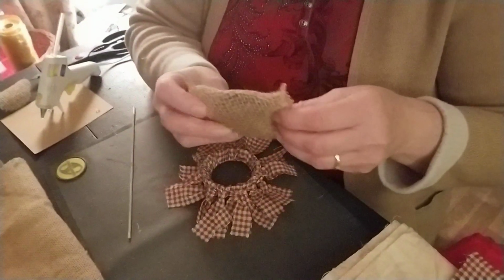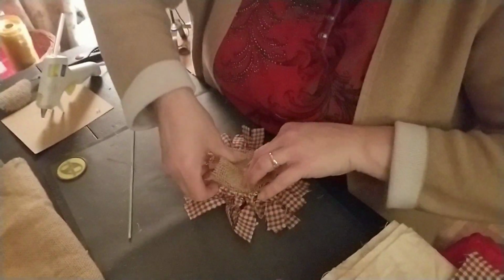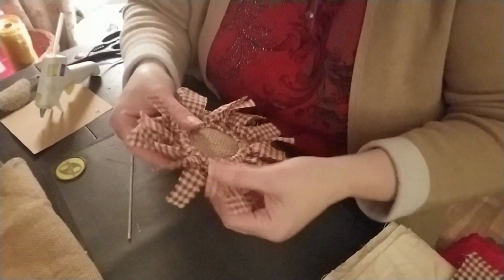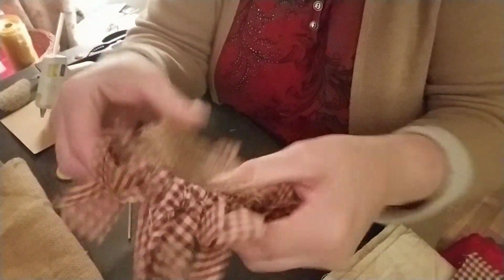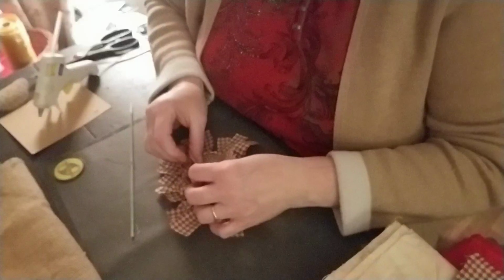And so then I take my center and I push one end down in. And now I'm going to have to really work and push hard, and you'll hear it pop. That's just the metal part going in. And see, this is what I end up with. You can see that it's nice and snug. I pushed it hard down in there, and this is what the back looks like. Okay? So then what I'm going to do is